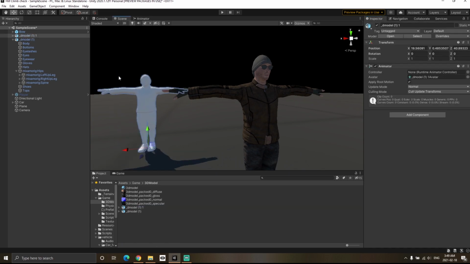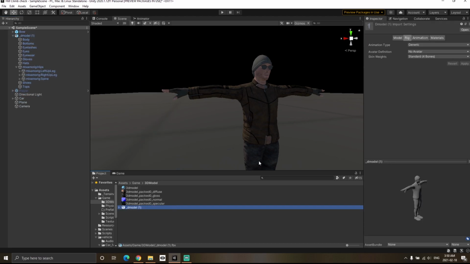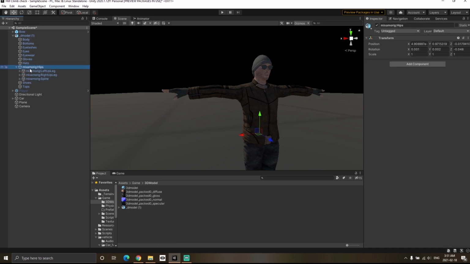And if I bring this character into the scene, you will notice that all the bone transforms have been hidden and are not accessible to us anymore. So Unity is going to use its own internal skeleton system in order to move this character. So if I go to our model again and click on humanoid, and this time I'm not going to optimize the game objects, and click on the apply button, you will notice that our character still has all the bone structures, or the bone transforms, over here.